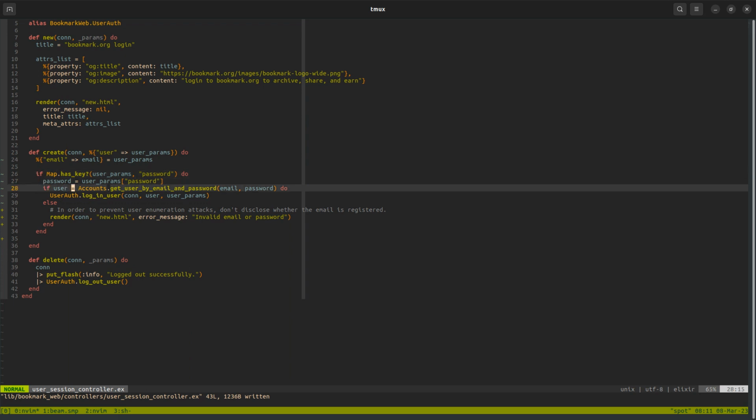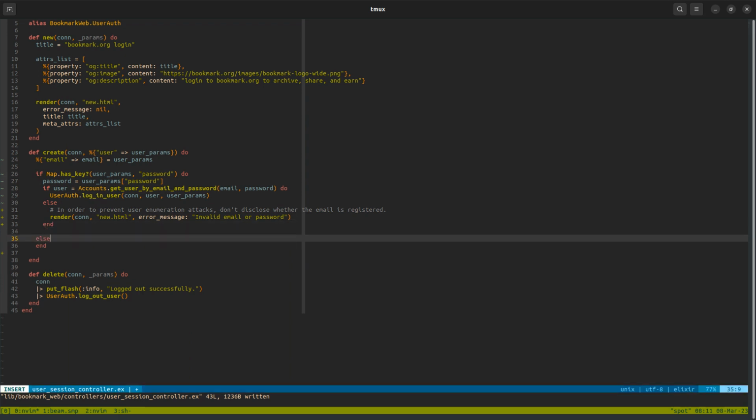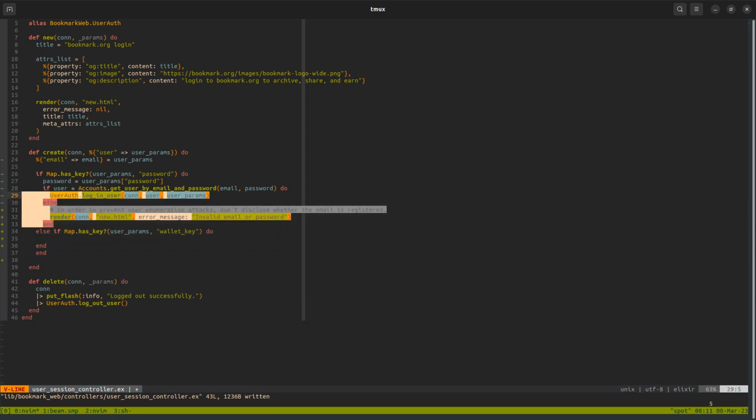And I'm gonna try to log in the user by username and password. Otherwise, if map has key, if instead I provided the wallet key, then I'm gonna do the same thing, but